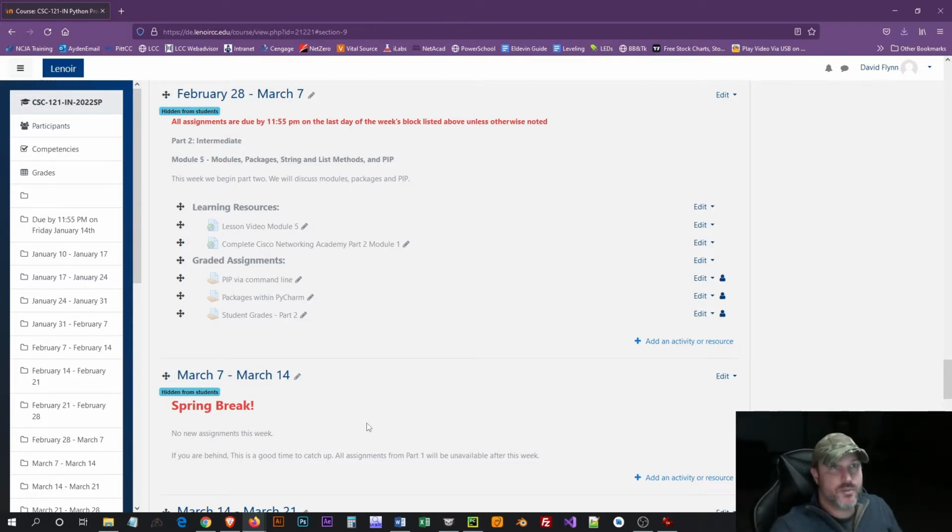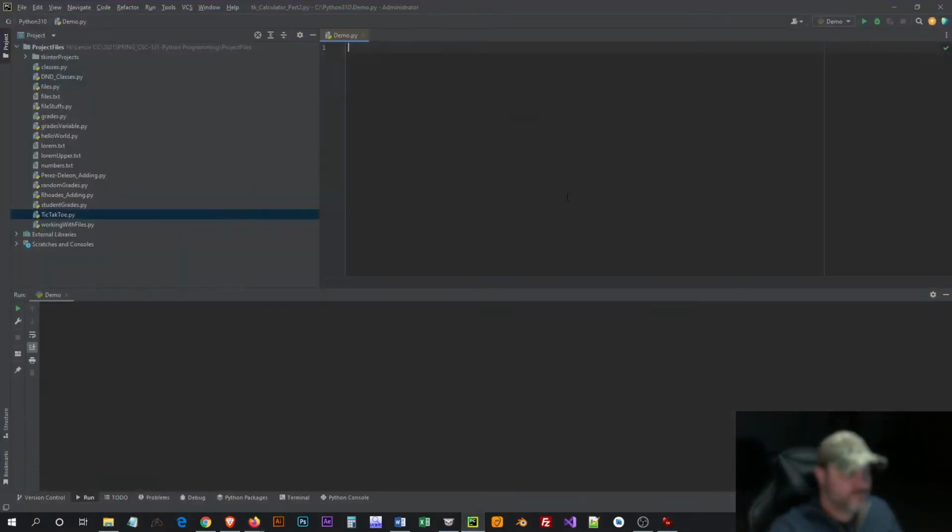And with that, we'll jump in to PyCharm. So this week we're talking about importing modules. I can't think of anything that we've done off the top of my head, but I feel like we have done this. Importing, basically,